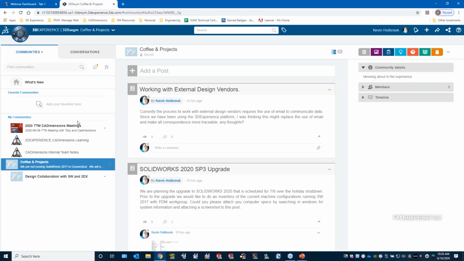Sure. So Tom mentioned that we have a community called Coffees and Projects, and I think one of the important aspects of any application that runs on 3DExperience is that it looks the same from an interface perspective. That's because many of the elements are the same. And let me take you through some of the basic elements that you'll see when you're in an